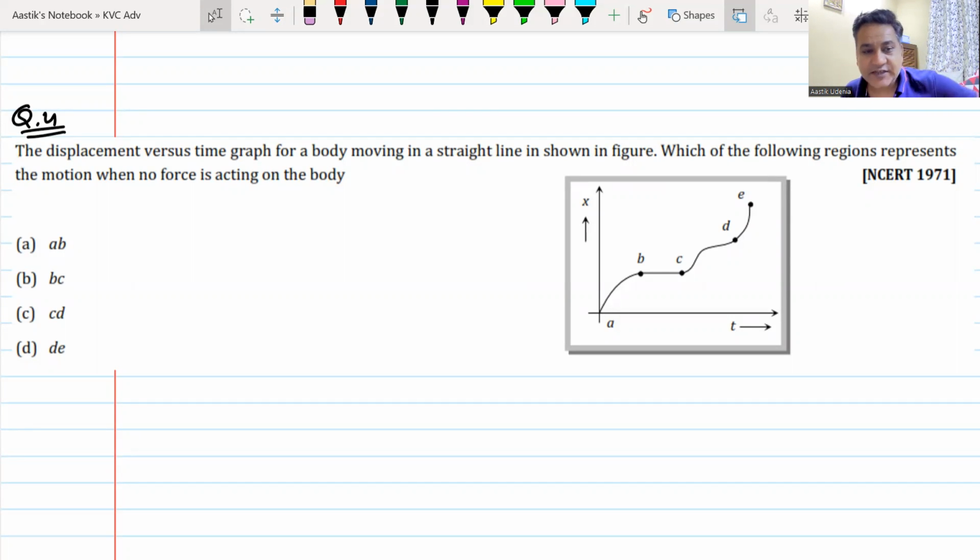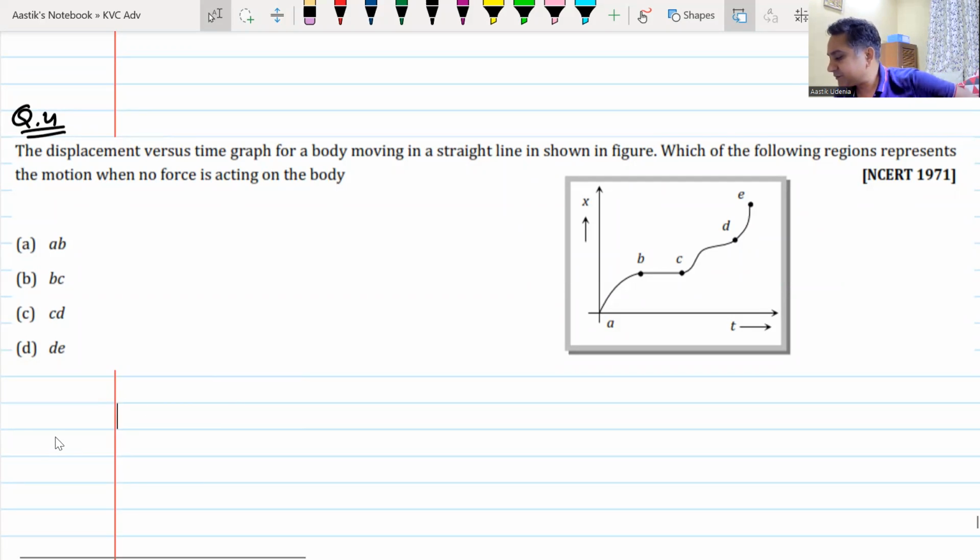The displacement versus time graph for a body. This is, I think, example number 32 from your sheet. The displacement versus time graph for a body moving in a straight line. So you can look at the sheet and take the answers from there. Which of the following graphs represents the motion when no force is acting on the body? Oh, force. We'll not discuss force. Anyway,